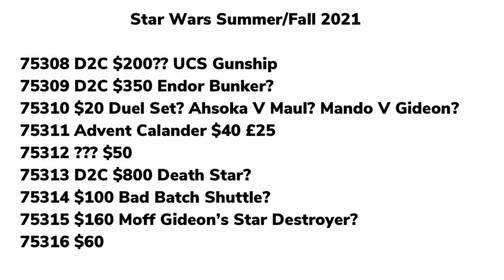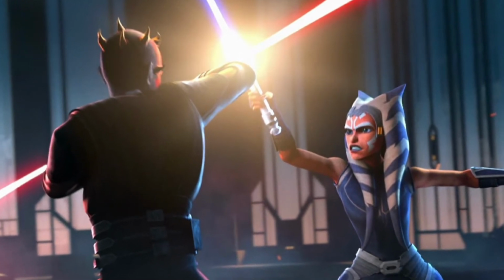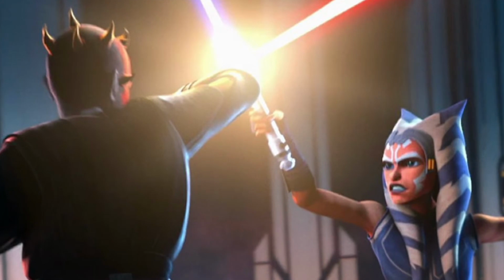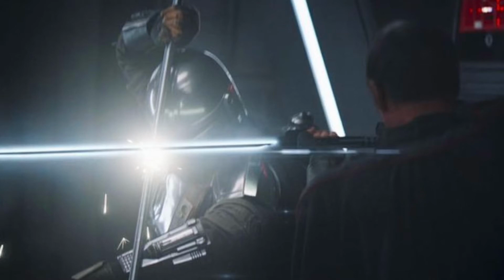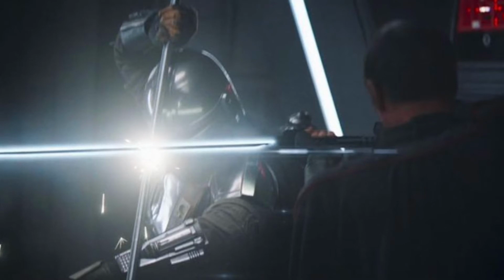So then for 75310 for $20, I believe it could be a dual set. My first prediction is either Ahsoka versus Maul. That is more of a hope, because how amazing would that set be? That would be a great set. Or then, what if it could be Mando versus Moff Gideon? That's another great one. I think that could be really good. So those are my predictions for it, which honestly, I think they're both pretty